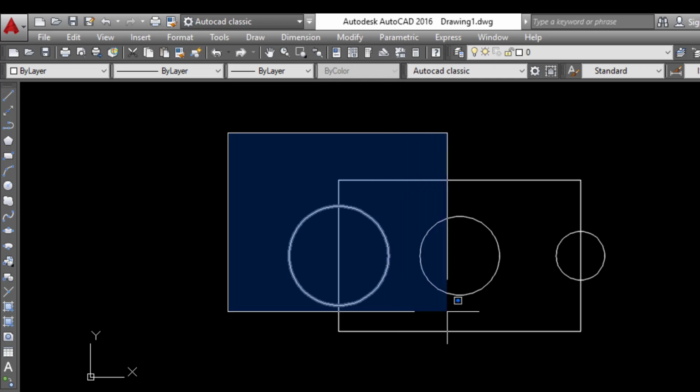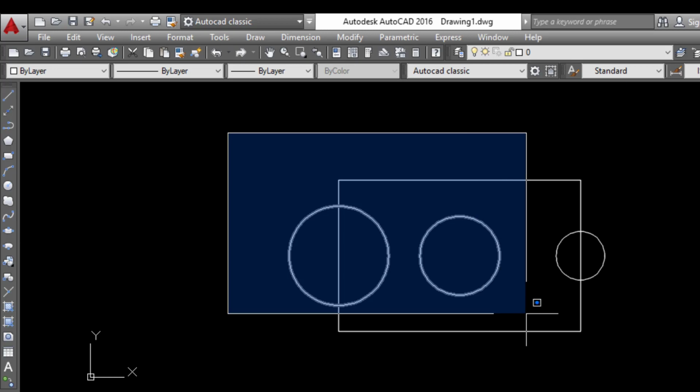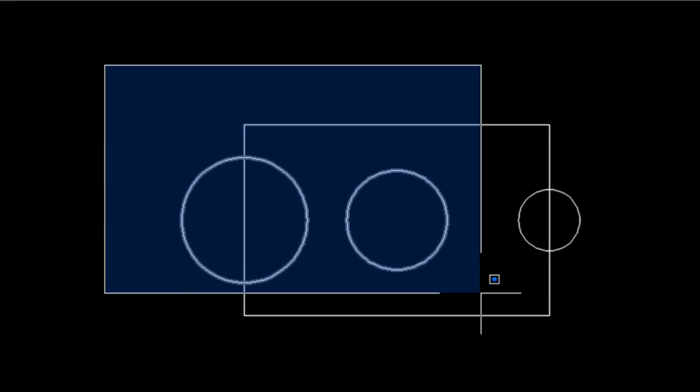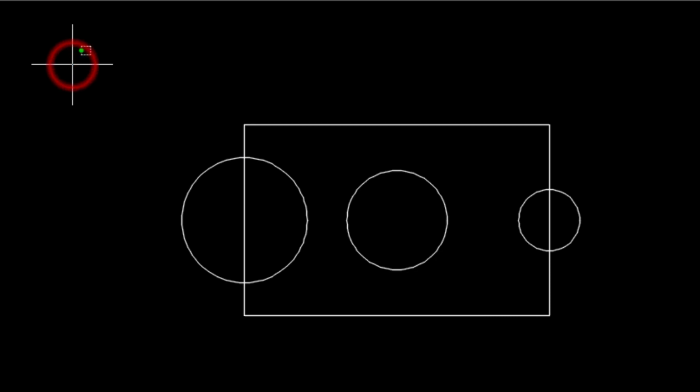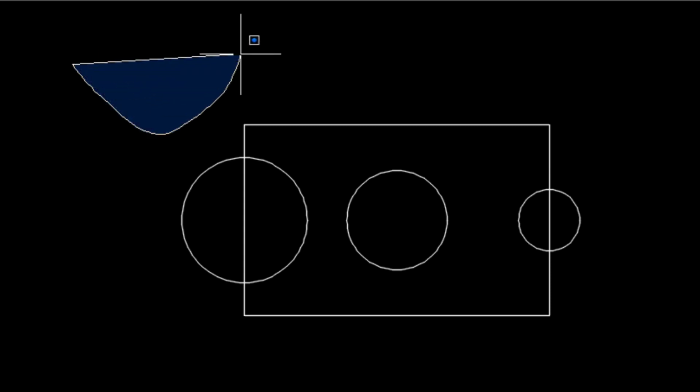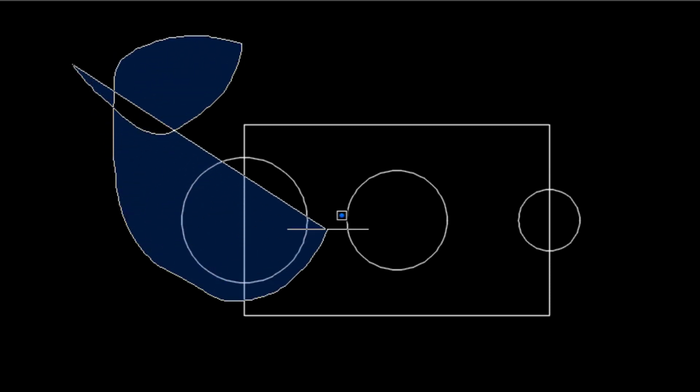Suppose I want to select two circles, so I will make the window on the two circles. Now you have to remember that the window is also made on the rectangle, but the rectangle has been omitted from the selection because the window has not been made on the whole rectangle. You have to take special note of this case. So we can see that the objects are being selected. Again, to deselect the objects, I will press the escape key. Now some of the students left click the mouse and they just drag the objects. So this is not a proper way of selecting a geometry.